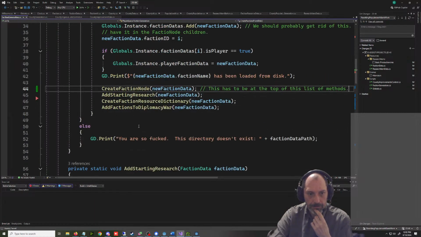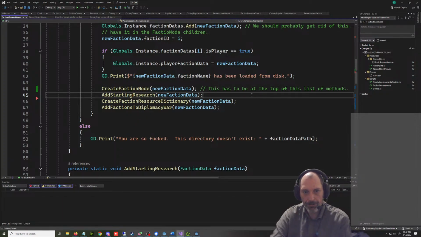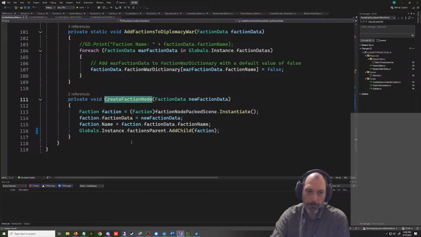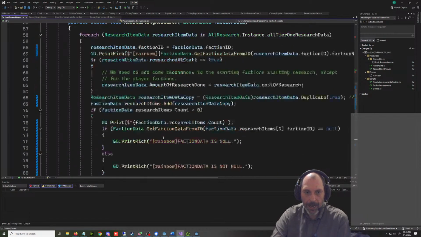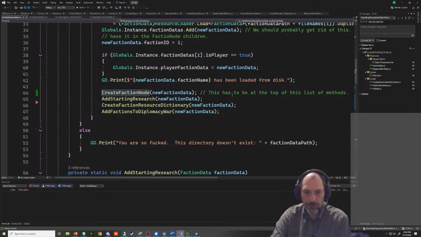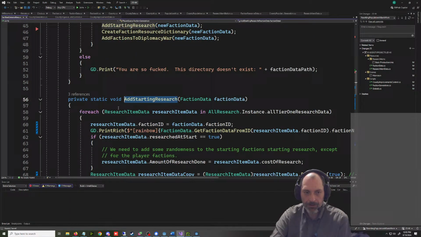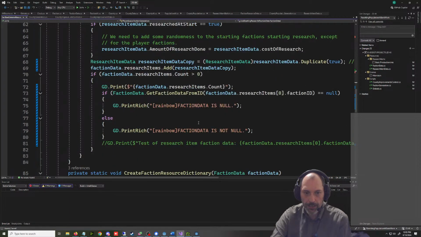Maybe we do it later. Create faction node. What is this thing? Okay, so this puts the faction data with the faction. This creates the node and it adds it there. That's fine. We're naming stuff. That all looks fine. So after we create that, we add the research, which we just did. This should have nothing to do with that list of